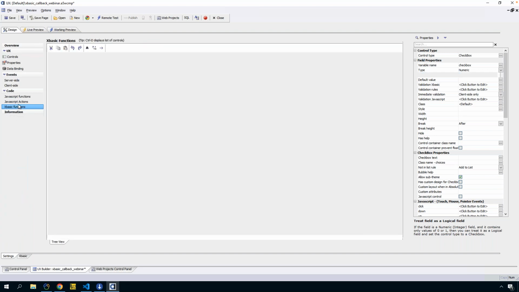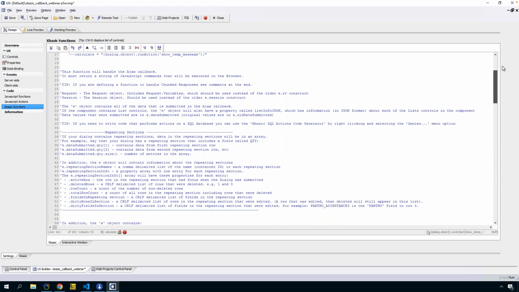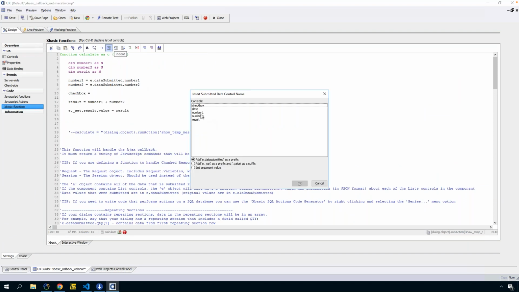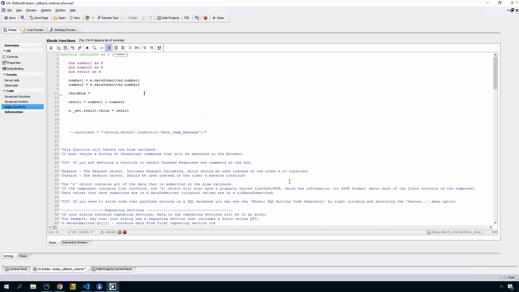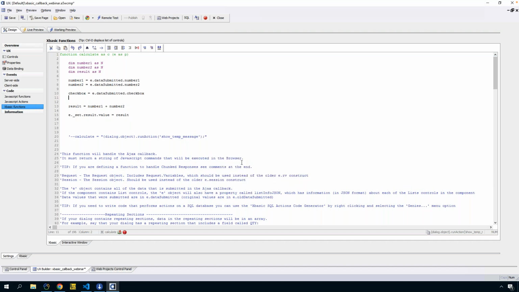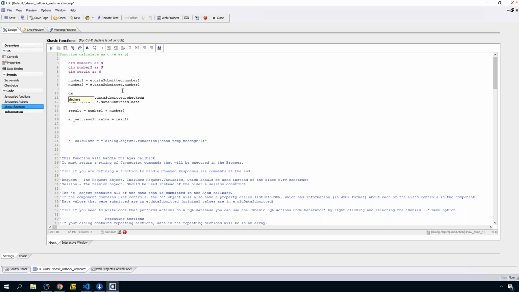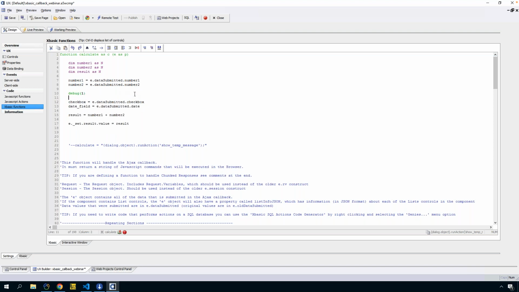So if I go back to my Xbasic function that I've created, much like I do here, I want to load something. So let's go checkbox is equal to, and I'm going to do Control D, checkbox, add eData submitted, and then also what I call that date field. And notice I am not declaring them yet. So I'm just doing it for interest here. So date, okay? And I'm going to go right here and add a debug because I want to actually look at that when it runs. So all I did was add those two fields, add it in here, use the little Control D to do this,